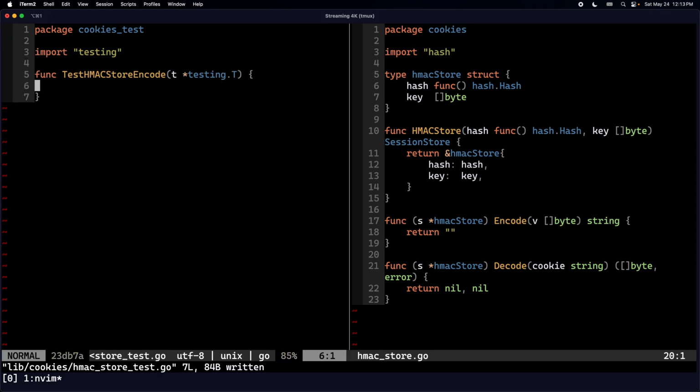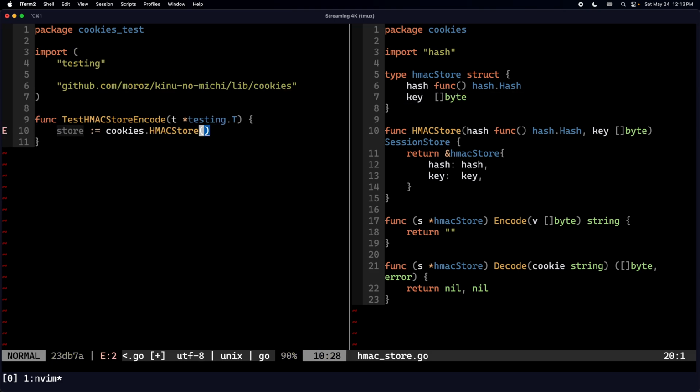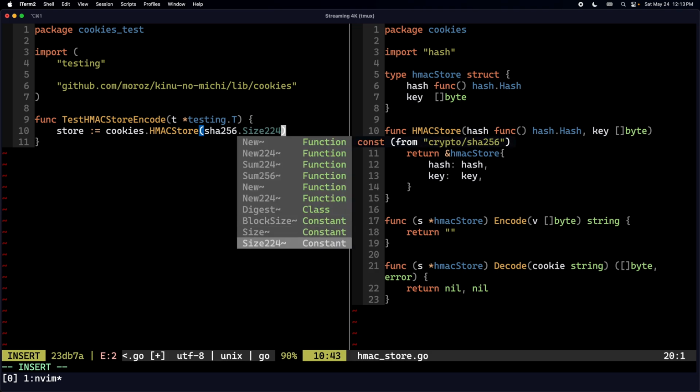Okay, yep. And store is going to equal cookies.NewHMACStore, and we're going to need a hash function and a key. So the hash function is going to be sha256.New,